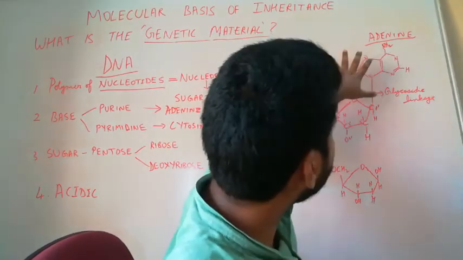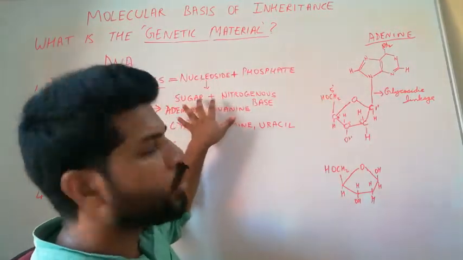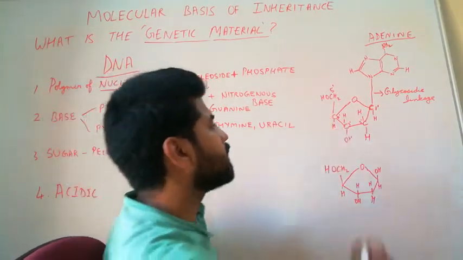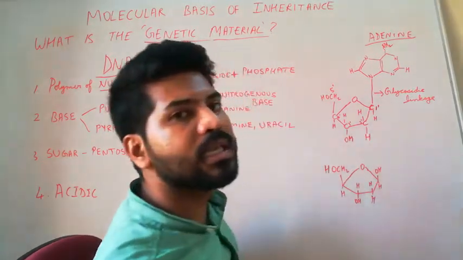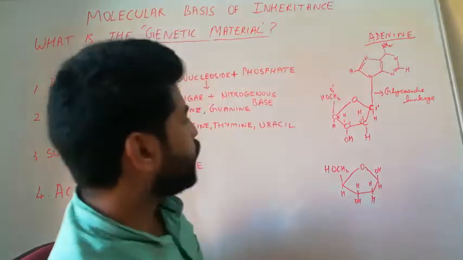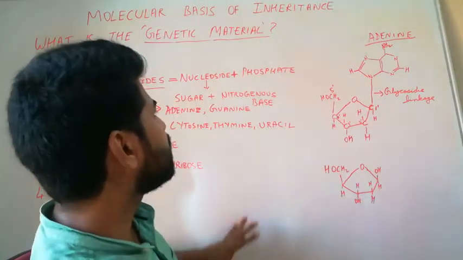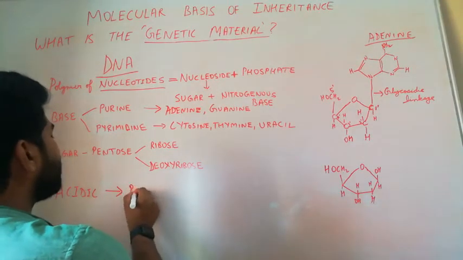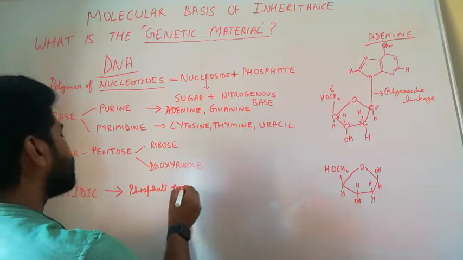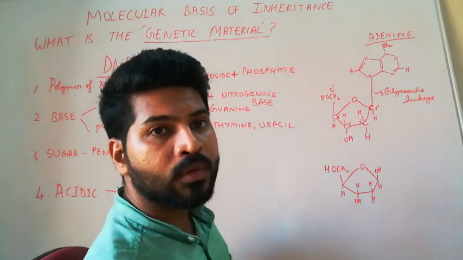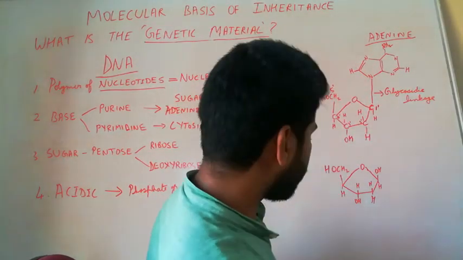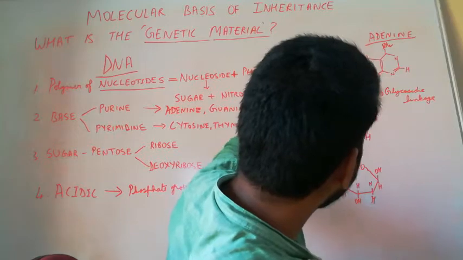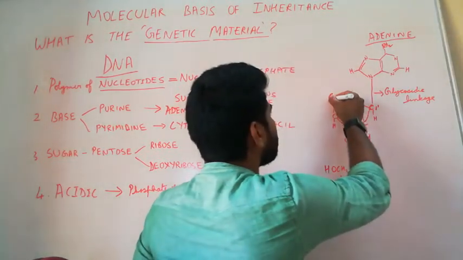This unit, a nitrogenous base plus pentose sugar, is called a nucleoside. In this case, because the sugar is deoxyribose, we can call it a deoxynucleoside. To this nucleoside, the phosphate group is attached, and the acidic nature of the DNA is due to the phosphate group. So where does the phosphate group attach to the nucleoside? The phosphate group attaches to this particular fifth carbon, the 5' carbon,